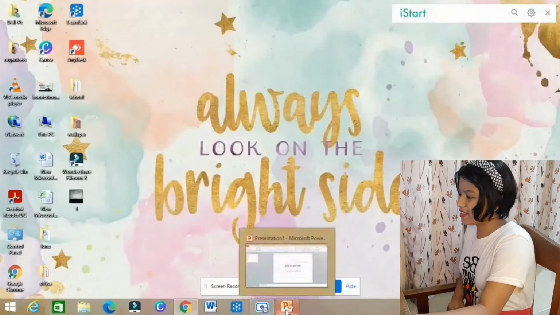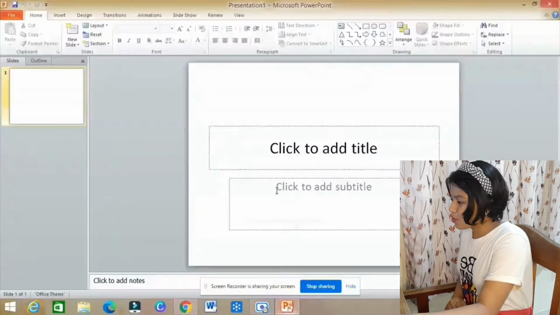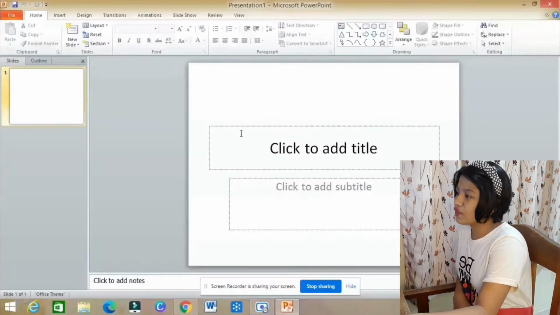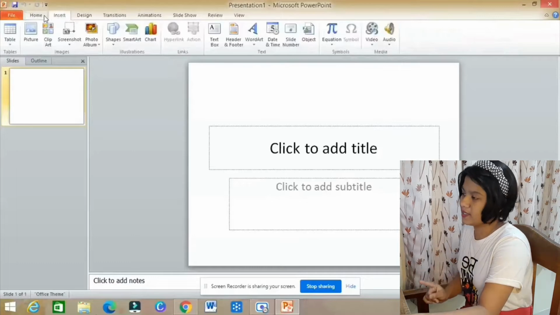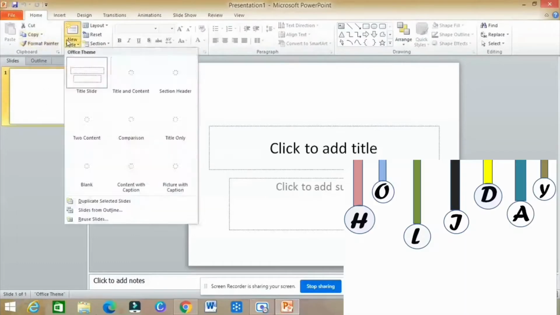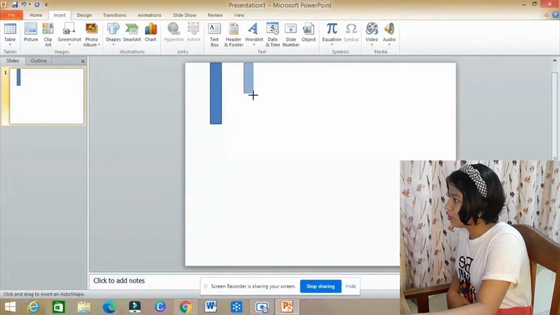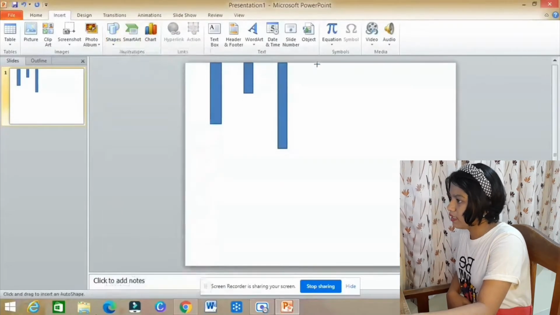Let's start with our first hack. Firstly, we have to go to PowerPoint. As we all know, it's a PowerPoint hack. I have taken a blank slide now. We have to go to insert and then shapes, and select a rectangle shape.